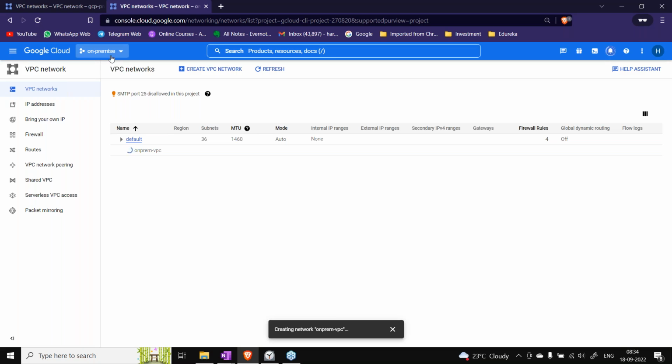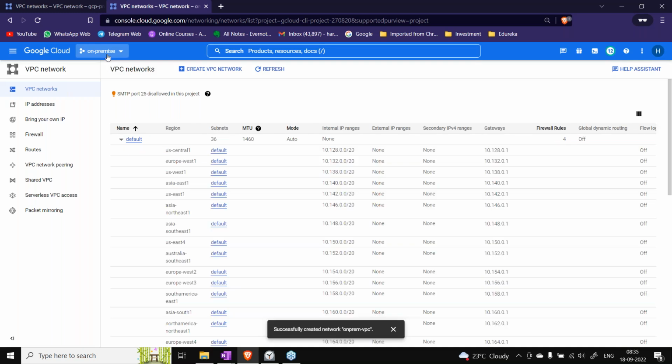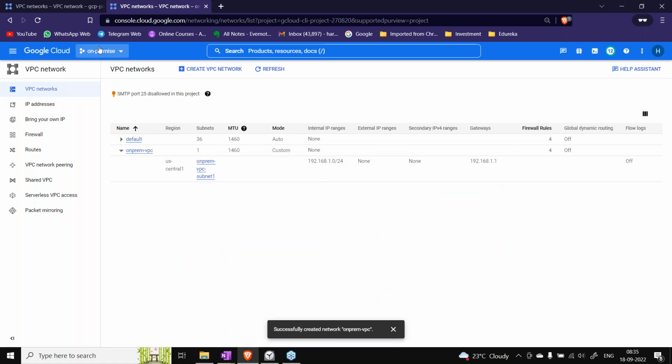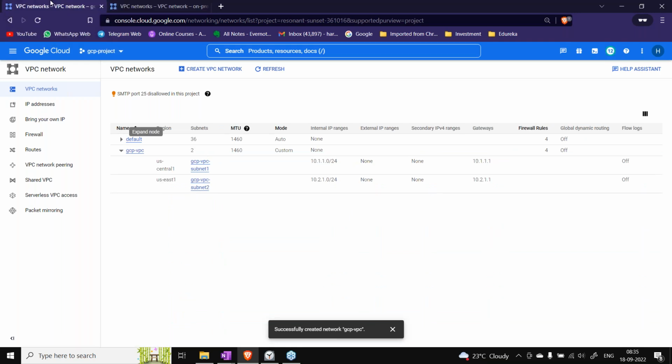So we just assume that we don't have our on-premise infrastructure, right? But in your project, if you are setting up this same thing, it will be your on-premise where you will be doing this stuff. But I'm doing it parallelly on this GCP console only because I'm assuming that my on-premise project works as the on-premise infrastructure. So don't get confused on that particular point.